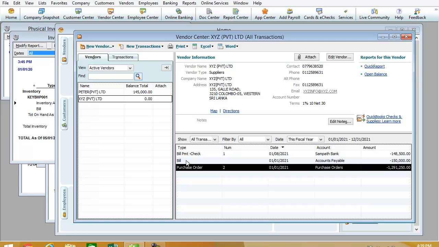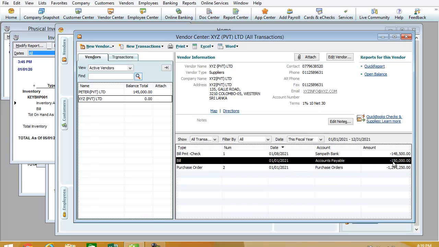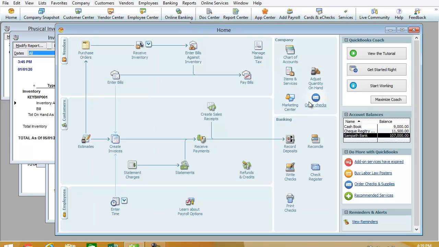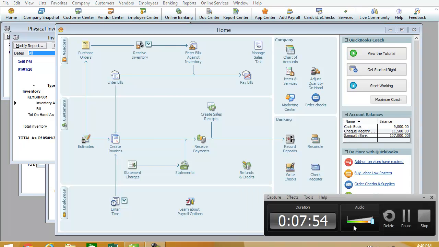Of course, only one bill was there, 150,000, and the amount we have paid is 148,500. So this is the way we can post the transaction for payments to our supplier. So we have finished how to make payments to a supplier.